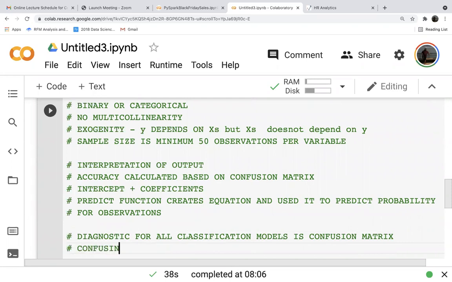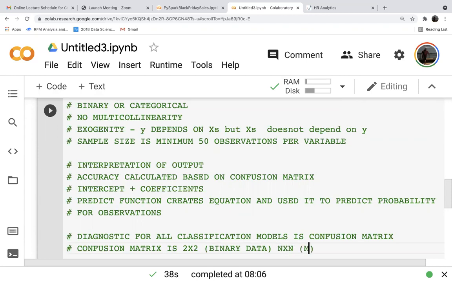So the confusion matrix is a 2 by 2 matrix for binary data. It can be any n by n matrix for multinomial data.